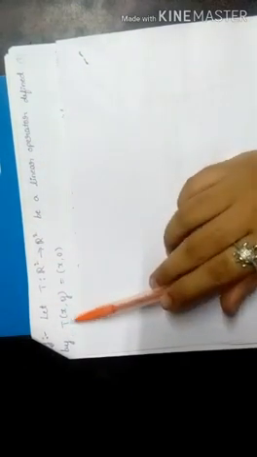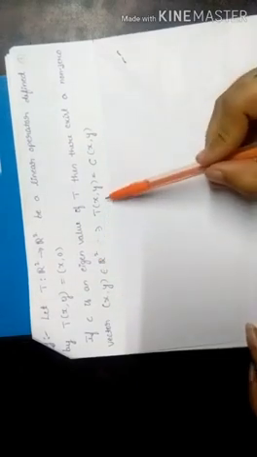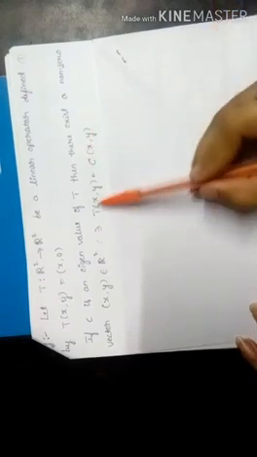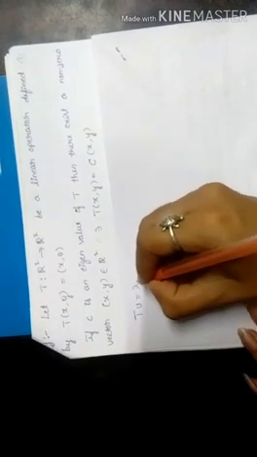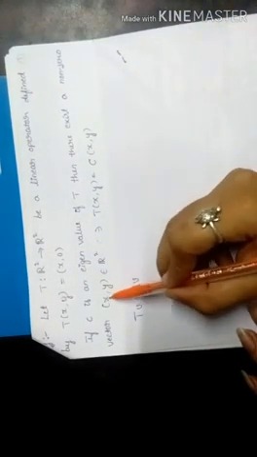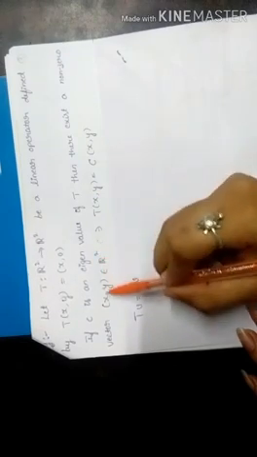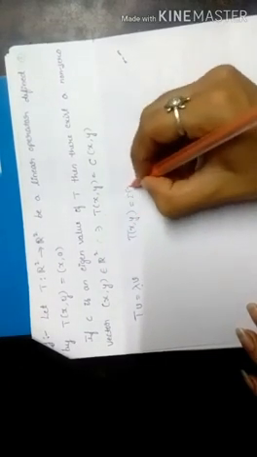Example: let T from R square to R square be a linear operator defined by T of x comma y is equal to x comma 0. If C is an eigenvalue of T, then there exists a non-zero vector x comma y which belongs to R square such that T of x comma y is equal to C of x comma y. This is by the definition of eigenvalue, that is T of V is equal to lambda V, where lambda is an eigenvalue. Here we choose C as the eigenvalue, so C is written. And x comma y is a vector which belongs to R square, so it is in the form of an ordered pair. Therefore T of x comma y is equal to C of x comma y.